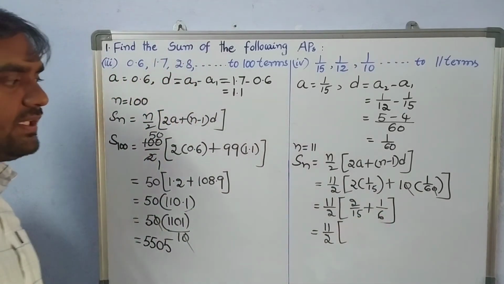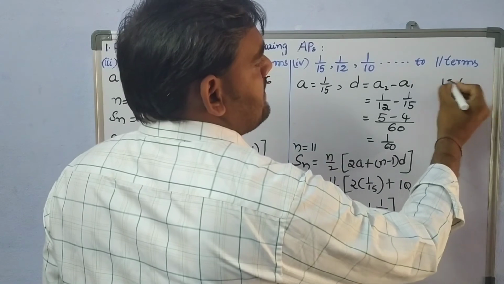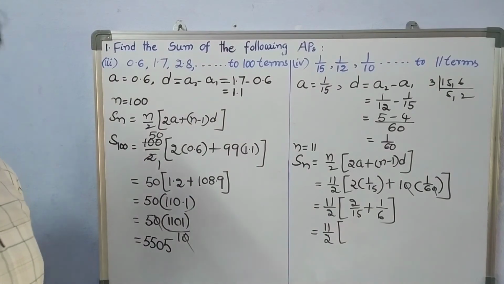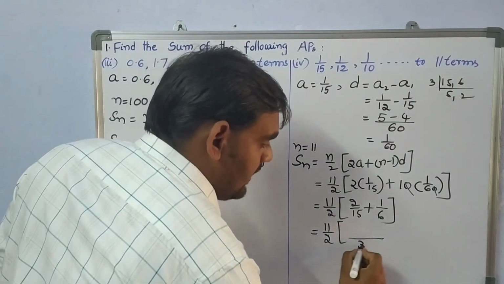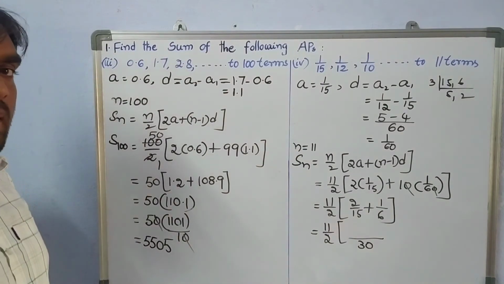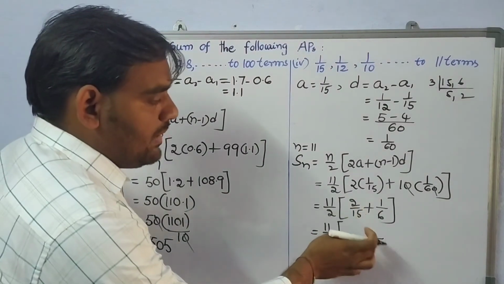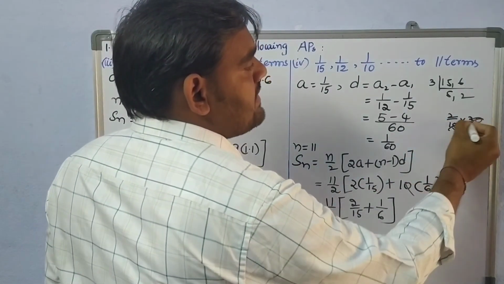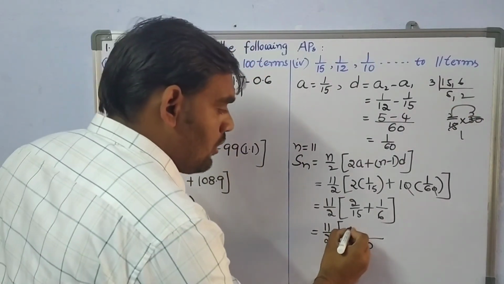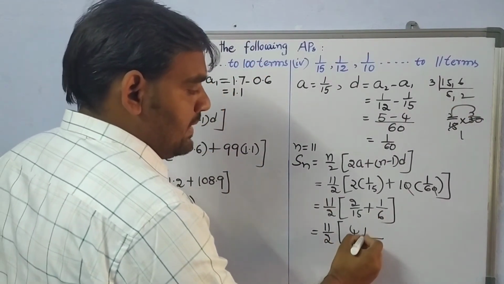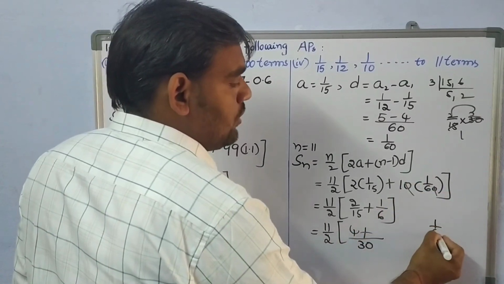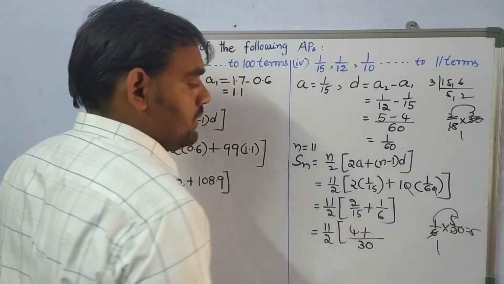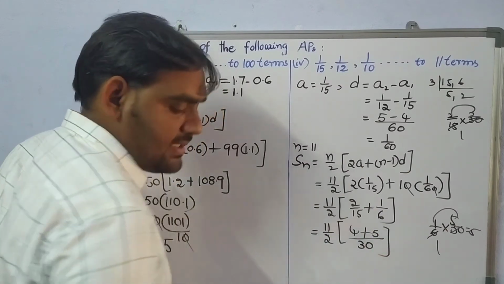What is the LCM of 15 and 6? See, take here 15, 6. Take the 3 table. 3 5s, 3 2s. So 3 5s are 15, 15 2s are 30. LCM is 30. After that, what we have to do? We need to multiply each fraction with the LCM. So 2 by 15 into 30. 15 ones, 15 twos are 30. 2 twos are 4. We are getting 4. What is the symbol here? Plus. Next, 1 by 6 into the LCM, that is 30. 6 ones are, 6 5s are 30. So here we will get 5. Is it clear or not?